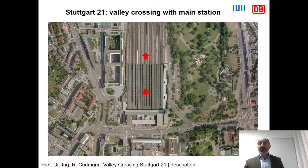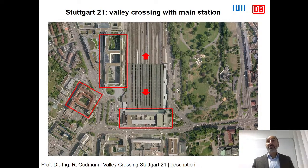Here you see the existing terminus station, which is placed in the center of the city, surrounded by different buildings, roads, and parks, and a lot of underground infrastructure, metro lines, sewers, media channels, etc., which of course cannot be seen in the picture. Exemplarily, the red rectangles highlight the State Bank of Baden-Württemberg on the east, on the top, a very sensitive building, and two heritage buildings: the old direction of the Deutsche Bahn, the German train company, on the left, and the old station building on the bottom, which has to be conserved and integrated into